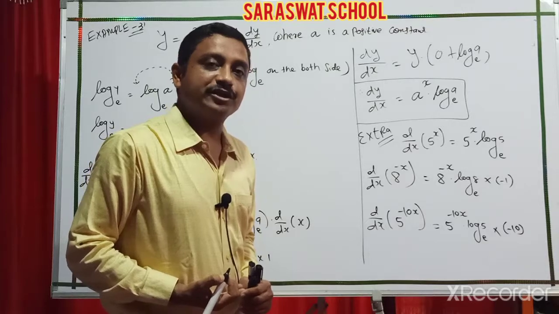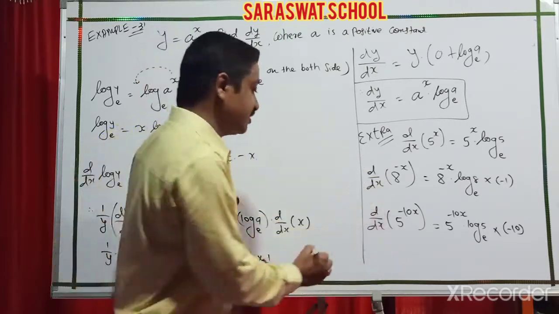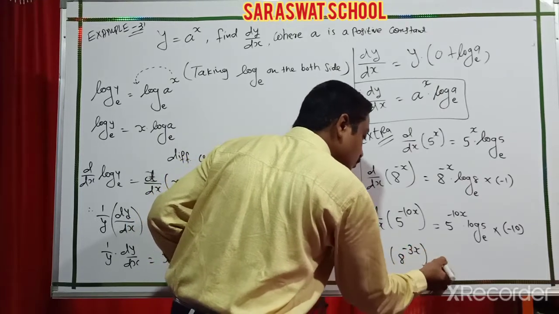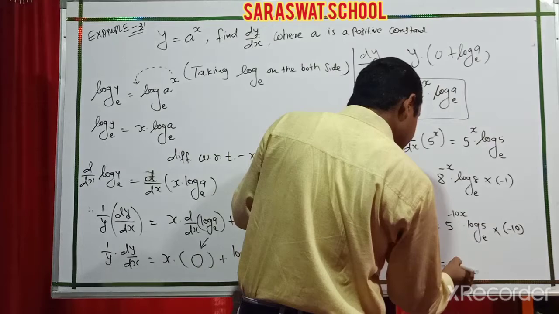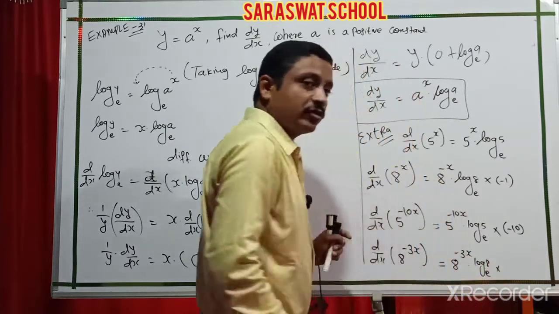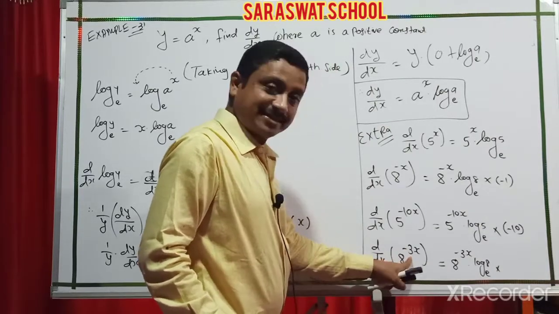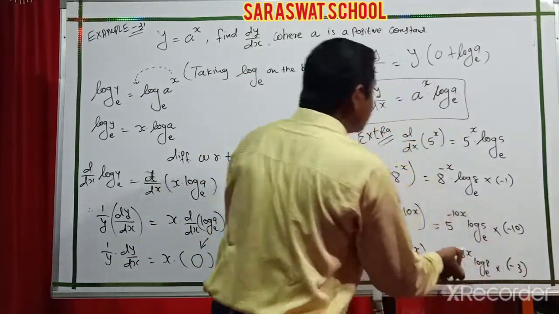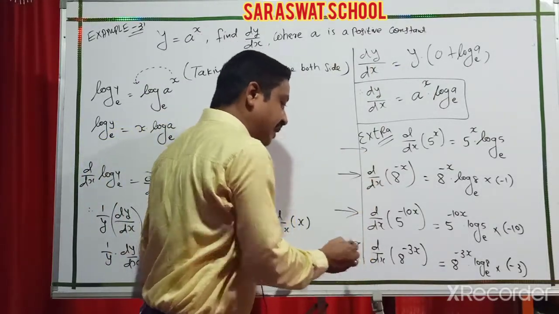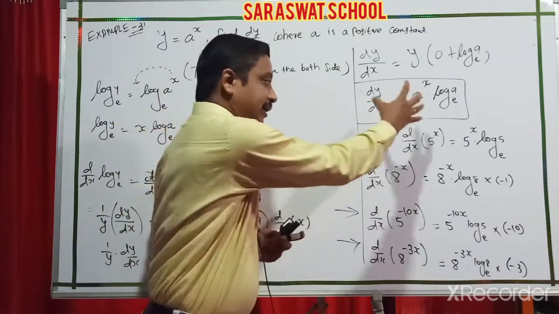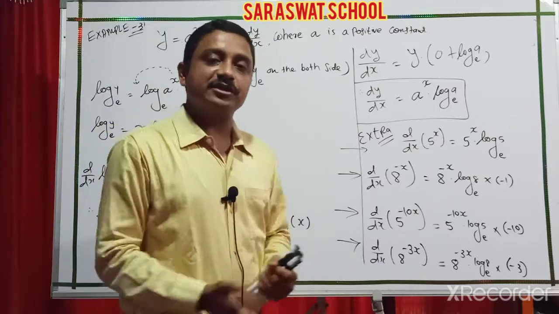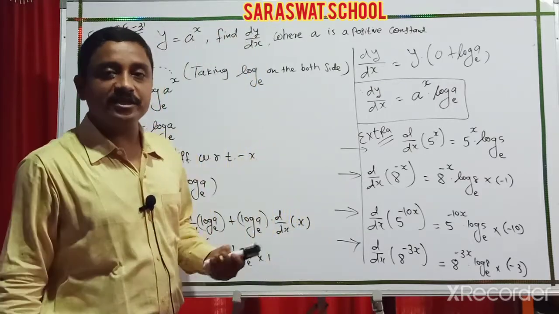Yes students, I hope you understand what I am teaching for this type of function. One more, see d dx of 8 raised to minus 3x. So what is the answer? 8 raised to minus 3x into log 8 base e into what is the coefficient of x? Yes, minus 3. So these answers are different. Maybe you can directly try them at MCQ level. Either try this numerical by this method, taking logarithm and calculations. It's very simple and easy.